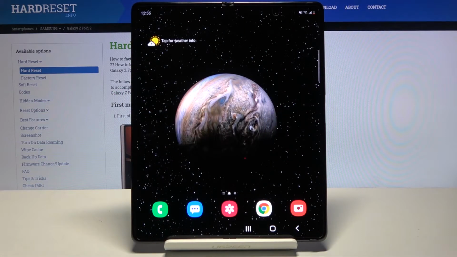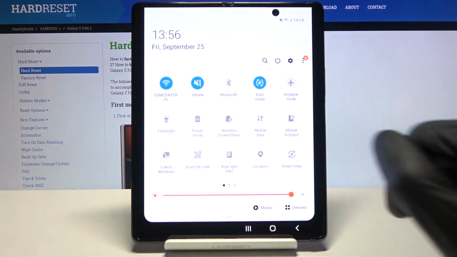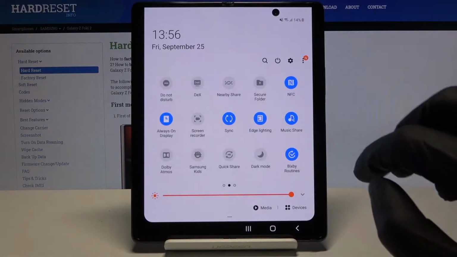Welcome, in front of me is a Samsung Galaxy Z Fold 2, and today I'll show you how to enable and set up the Do Not Disturb mode. To get started, let's pull down the notification panel. There we go. And from here, find the Do Not Disturb mode toggle, which by default usually looks like a